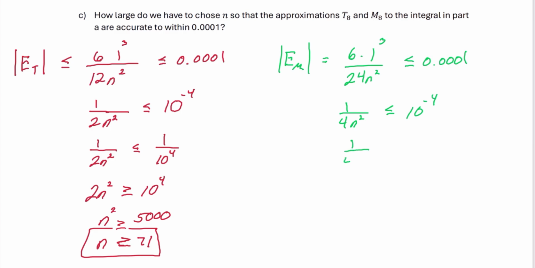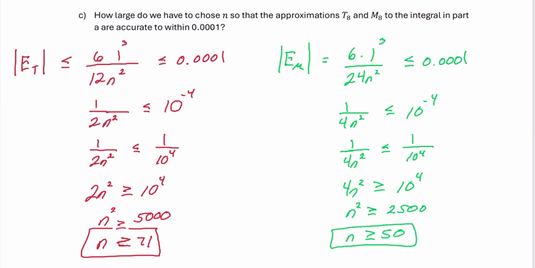Again, we'll rewrite that. 1 divided by 4n squared, less than or equal to 1 divided by 10 to the 4th. Again, since both fractions are the same sign, we can take reciprocals, and that's going to change the direction of the inequality. We'll get n squared is greater than or equal to 2,500, meaning n must be greater than or equal to 50. So with 50 or more strips, using the midpoint rule, we'll be accurate to within 1/10,000th